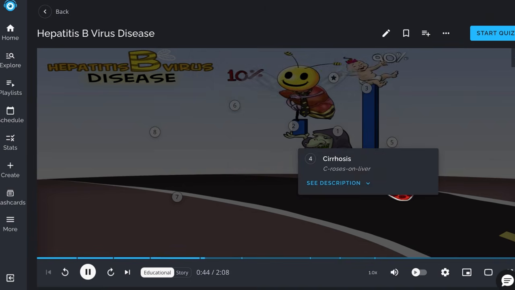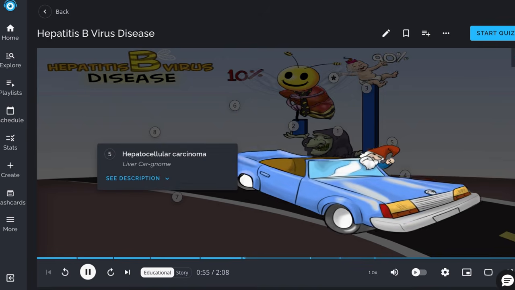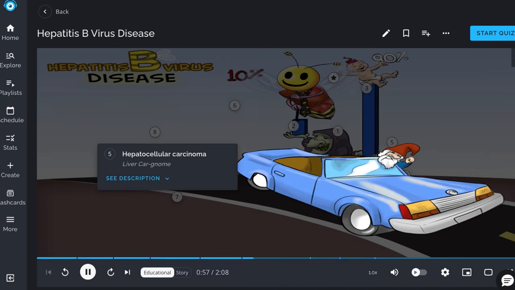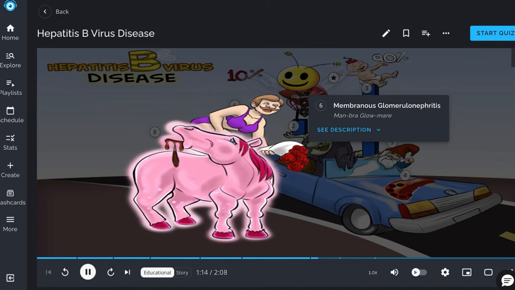HBV infection can lead to a chronic hepatitis with elevated liver function tests. Over time, cirrhosis can develop, shown by the cirrhosis on the liver. It also predisposes to the development of hepatocellular carcinoma, portrayed by the gnome in the liver car. HBV can cause systemic inflammation and immune dysregulation, leading to other conditions like membranous glomerulonephritis, the man in bra on a glowing mare,